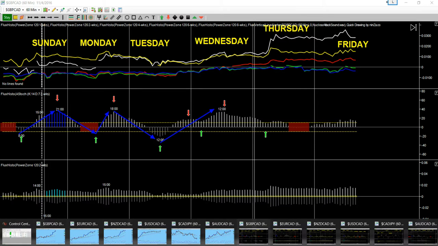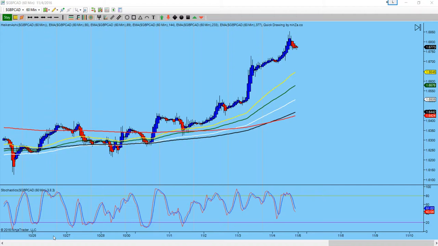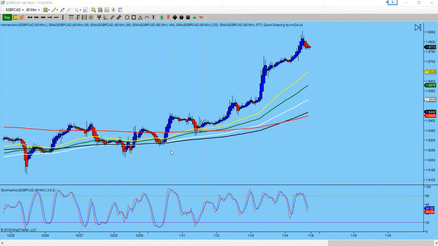All right, so right now when we look at the chart, it's the pound Canadian. We're using EMAs of 55, 89, 144, 233, 377. Okay, so once the candles close above all of these lines,